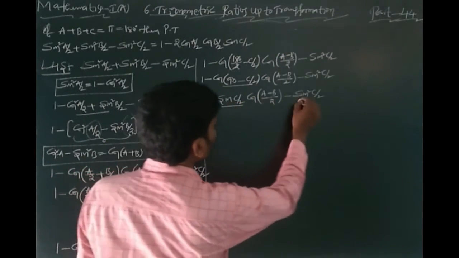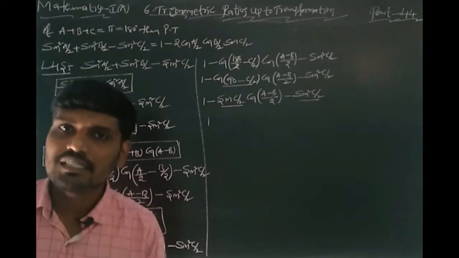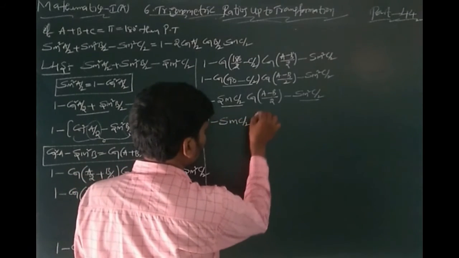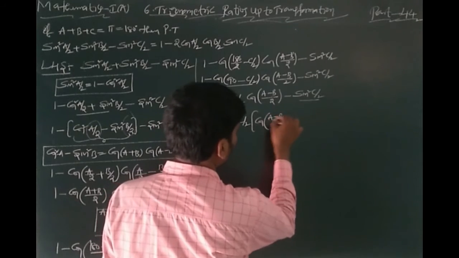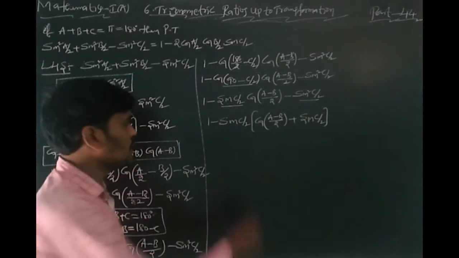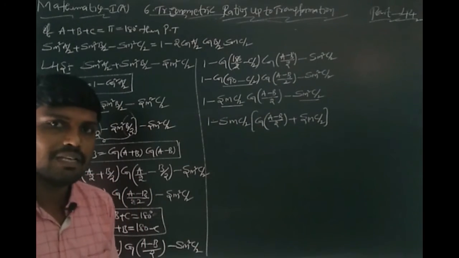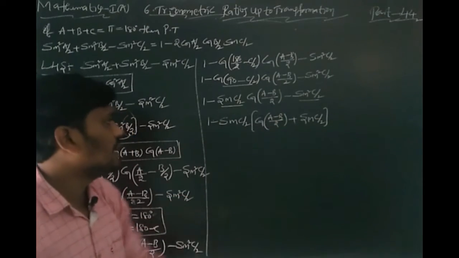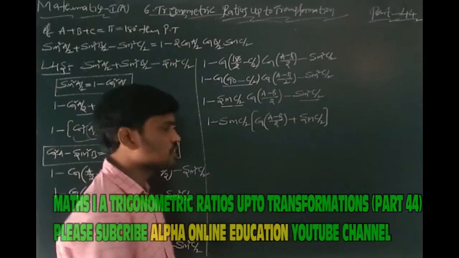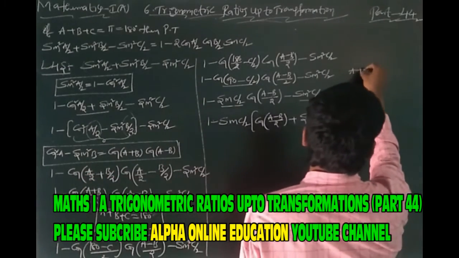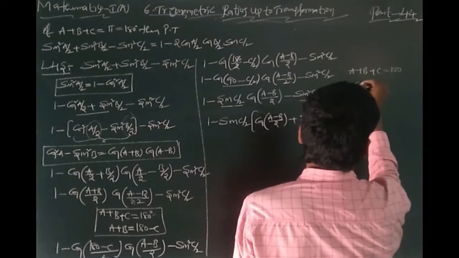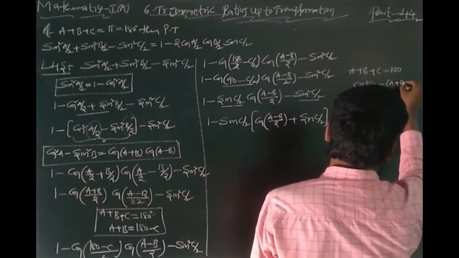After that, in these two terms which one is common? In these two terms minus is common and sin C by 2 is also common. That's why you can write minus sin C by 2 common. Remaining is cos of A minus B by 2 plus sin C by 2. Once again, students, minus into plus gives minus, so taking common minus, both values are positive. Here we know that A plus B plus C is equal to 180, so C is equal to 180 minus of A plus B. Correct or not students?